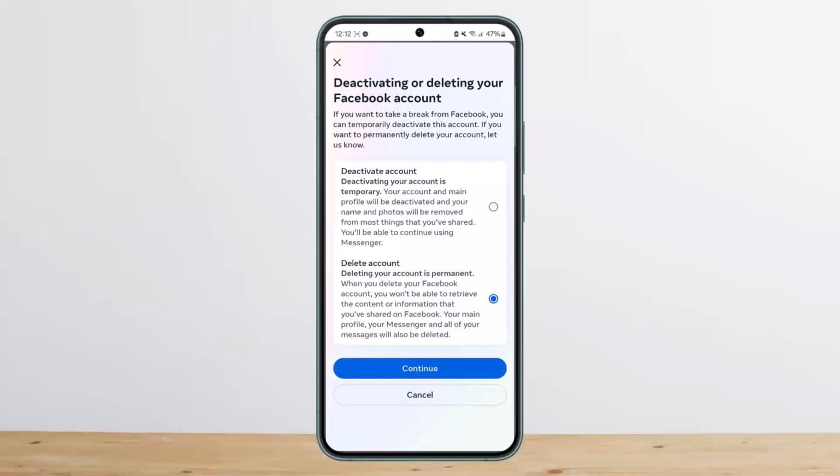So if you delete your account now, if you tap on continue, enter in your password and head over to the process and complete the process, then your account will be up for deletion, but it won't be deleted until 30 days. So if you want to get back to your account, or if you want to recover your